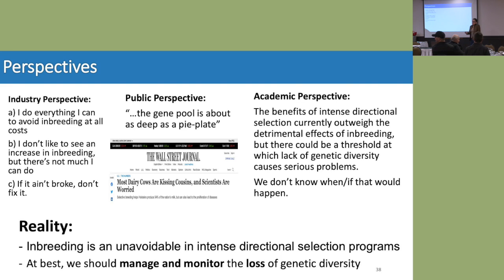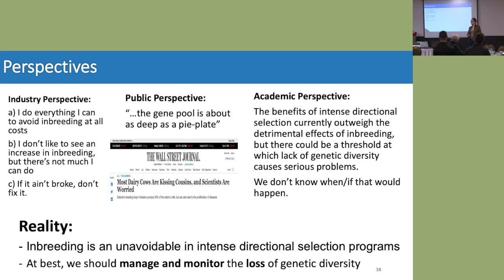There's probably a D there. I monitor and assess as I go forward on a small scale within our herds, but yes, I'm aware, I monitor it. In some cases it's warranted if I can get what I want, but in other cases, if I don't need to, I don't need to. So I think there's probably a D there as well.